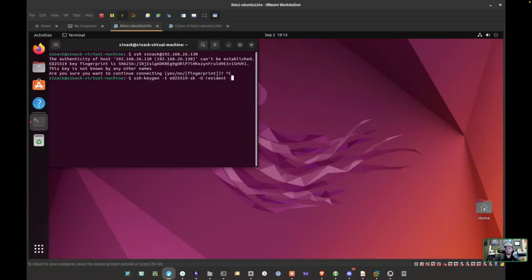We're going to do a -O for another option, and we're going to type in verify-required. And that will allow the system to require you to actually physically touch the device when it's being requested. And then we'll add a comment. It could be whatever. I'm just going to call this test FIDO2,